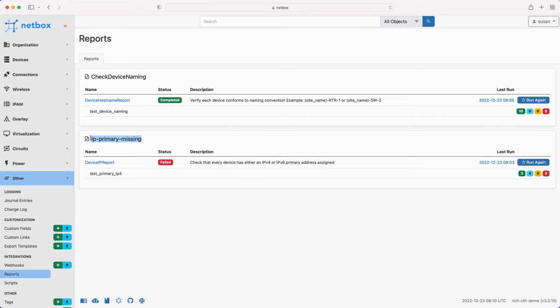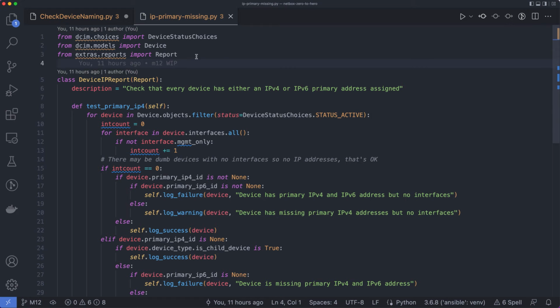You can see the description says that this report will check that every device has either an IPv4 or v6 primary address assigned. So before we run the report, let's take a quick look at the code. I've opened the file called ipprimarymissing.py, and starting at the top there are the import statements. First of all, this report is working with objects from the DCIM data model, and we import the device status choices and device classes. And as you can see from line 3, each report is defined as a Python class,